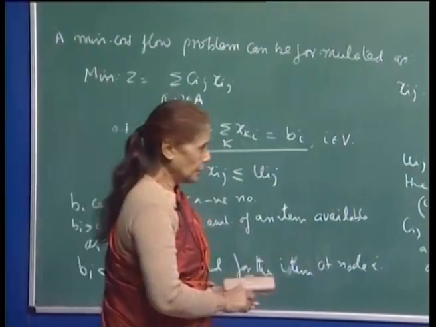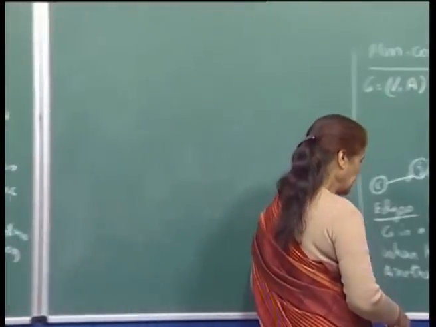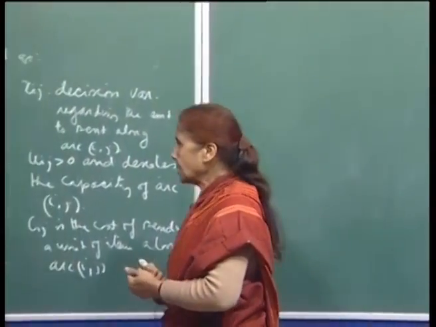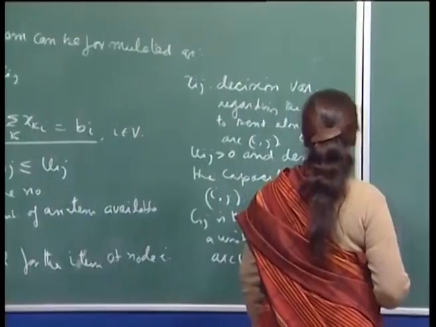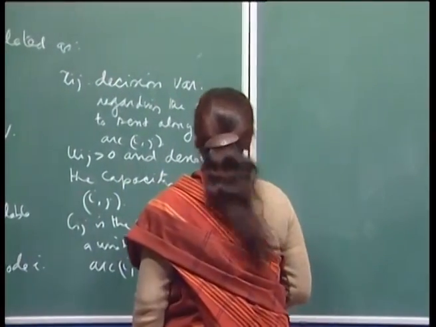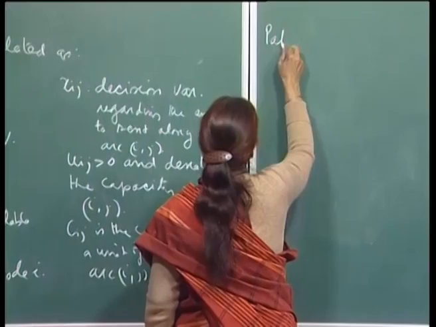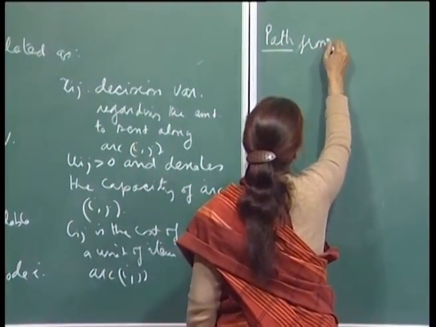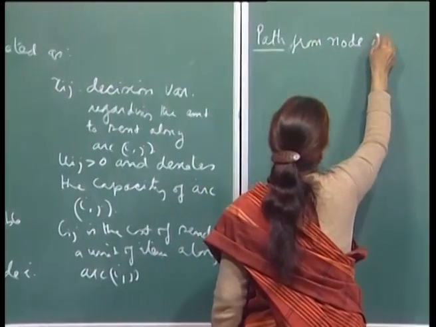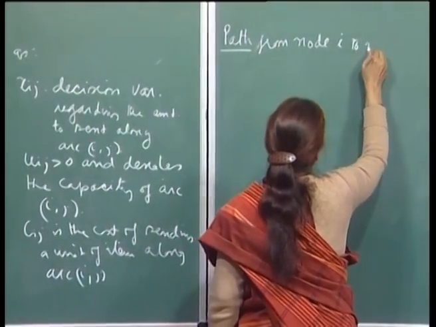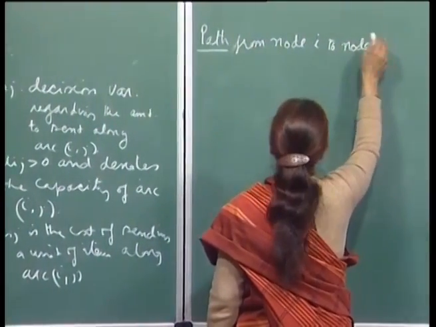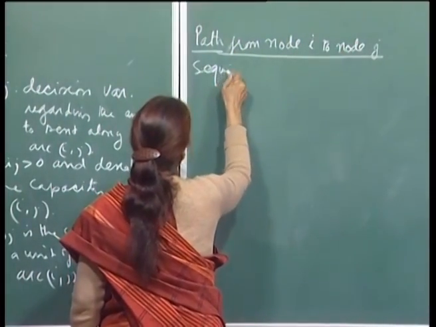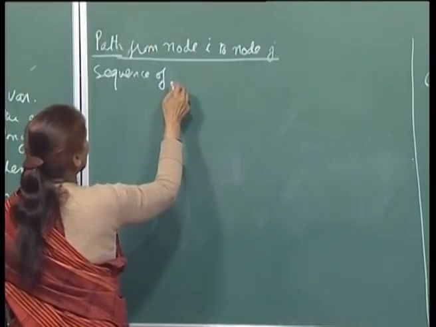Yes. So, now we need to have a few more definitions. Say, for example, I did define a path for you, but let us do it again in this course. So, let us define a path. A path from node I to node J is a sequence of arcs,